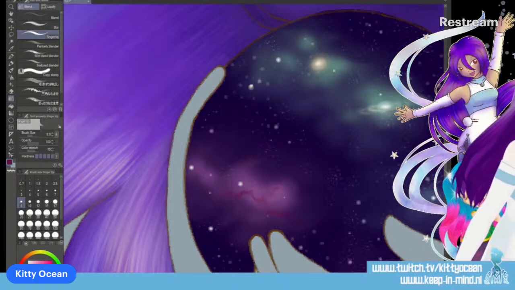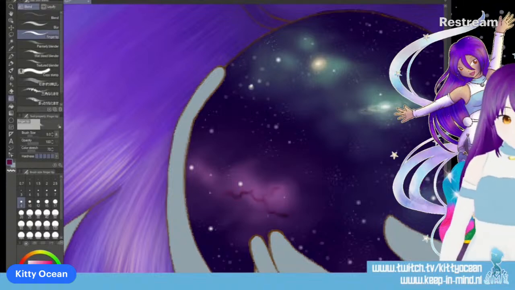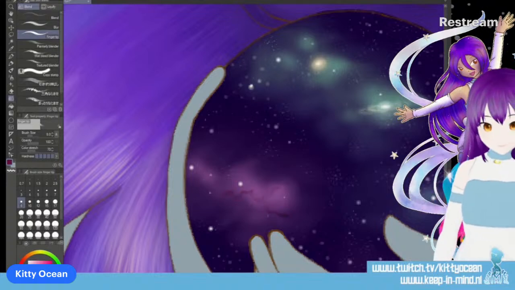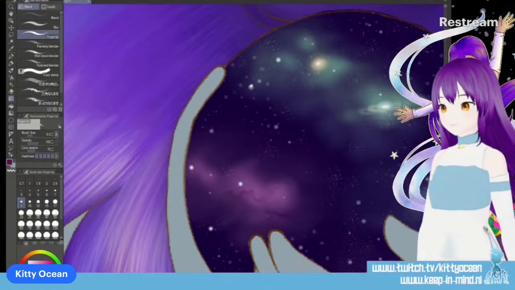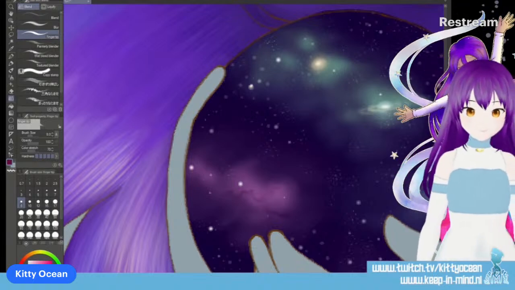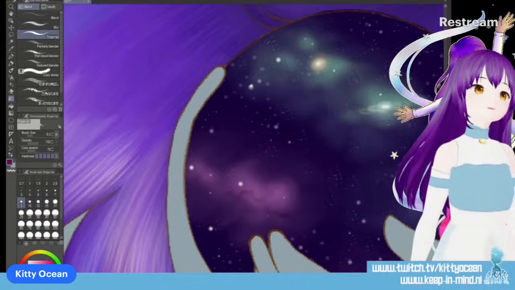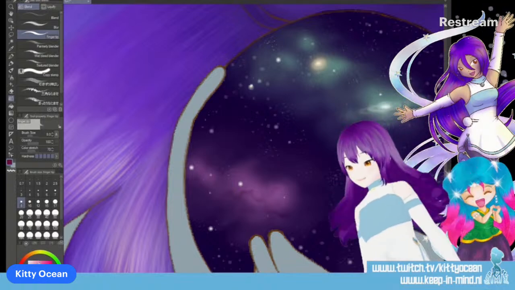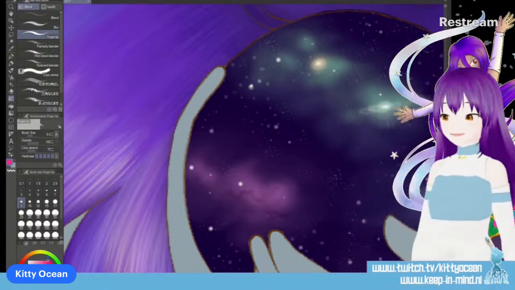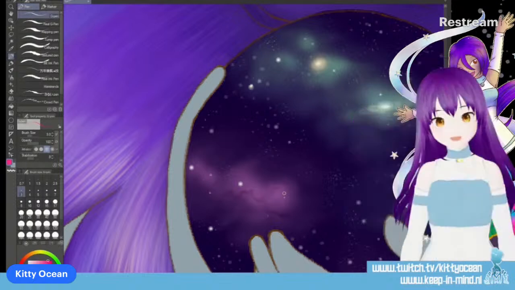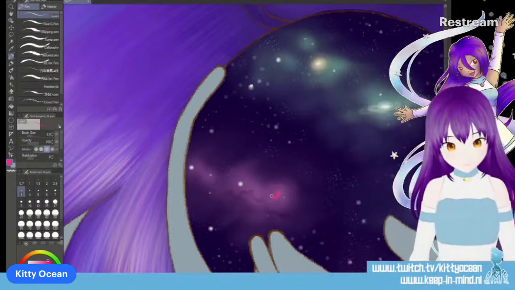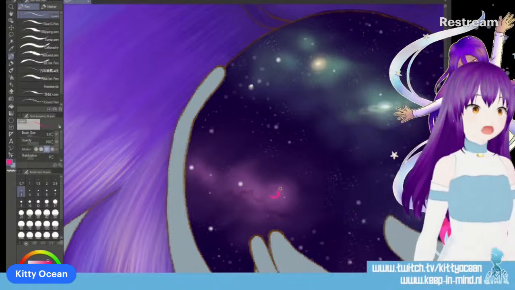That's going to be multiply and a bit lighter. And then we're going to create another galaxy in here as well. I'm going to make it very pink, as base color. And that's going to be behind.